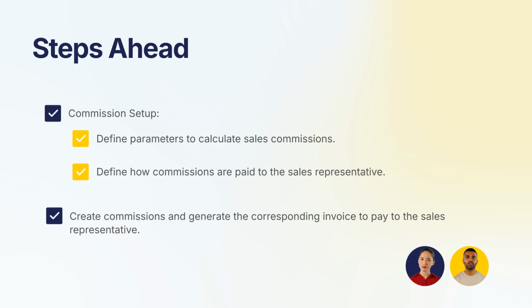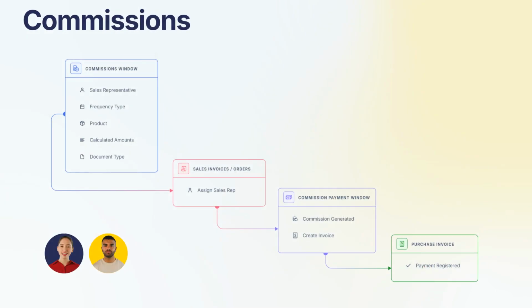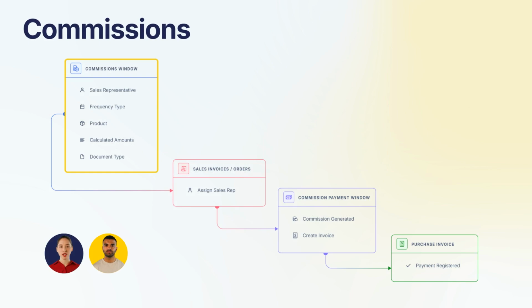Good. How is the overall flow for this functionality? Everything starts from the commission window where the general information for the calculation of commissions is configured in the header, such as the sales representative to whom the commission will be calculated, the frequency to filter sales of a time range, the documents involved, since commissions can be applied to sales invoices or orders, among other requirements. Then in the lines, you define specific configurations, starting with filters applicable to all invoices or orders, such as business partner, product, region, among others, and then the commission percentage to be applied to those invoices, or the fixed amount to be applied in case of commission payment per unit sold.